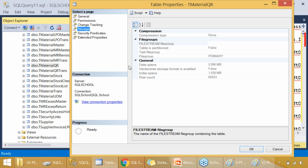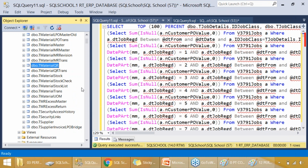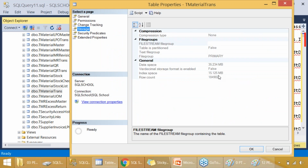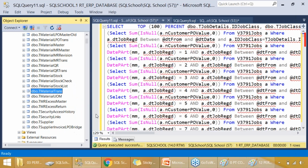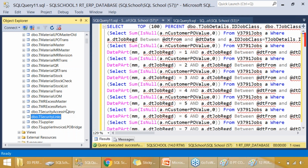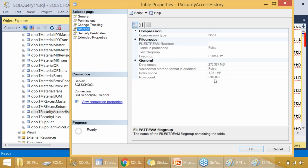Gartner.com website. The course includes tables from 65,000 rows, a row count of 5 MB, a smaller table, to a medium size, like for example, one of the tables that contains a medium size data of about 1,84,000 rows, 35 MB, and up to a different table called, I'll just put this way, a history table. We'll be using this table very frequently in our course, that contains a good number of 59,46,000 rows,